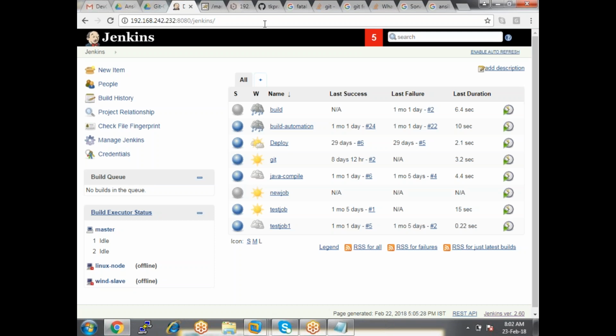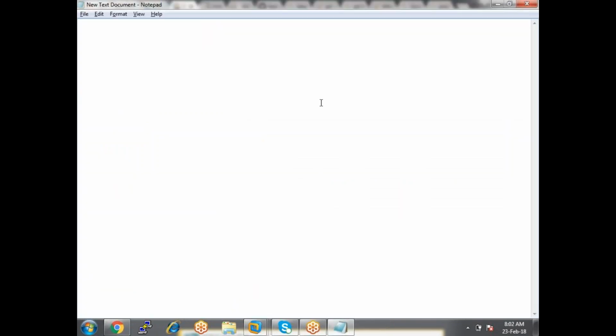Clear? For example, I have user 1, who is a junior user. Since he's a junior user, I want to assign him only permission to start or stop slaves, but not to create any slaves. He cannot create any slave machine. Moreover, this user will have access to only project 1.